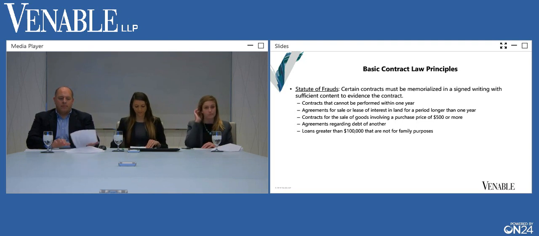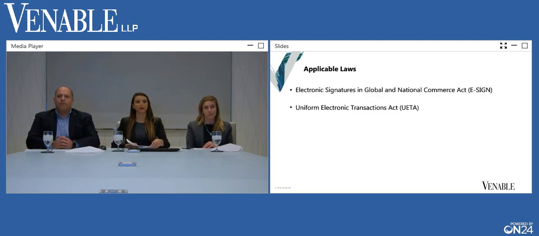So that's all the background information to help frame the rest of the discussion that we will go into for the online enforceability of contracts. But the next part that we would like to discuss are the applicable laws. There are two main ones in this field. The first one is the Electronic Signatures in Global and National Commerce Act, which is commonly referred to as the ESIGN Act. And the second one is the Uniform Electronic Transactions Act, which is UETA. So first, we'll delve into ESIGN.